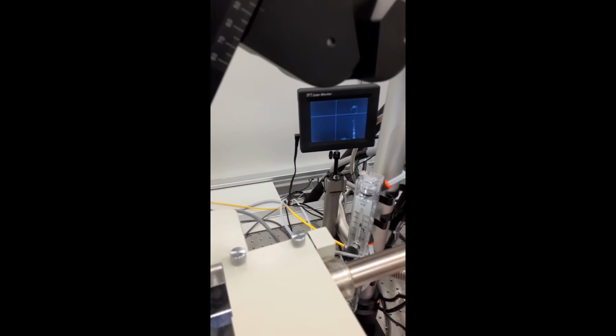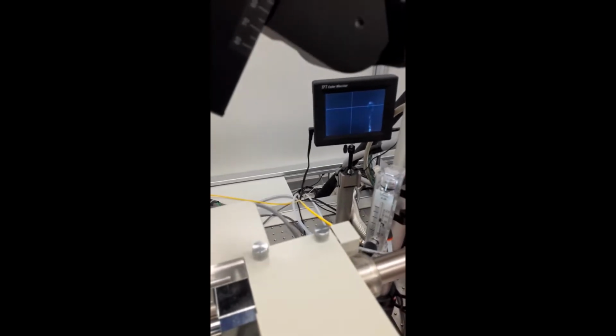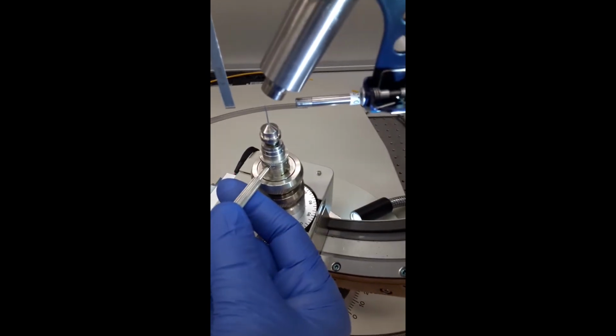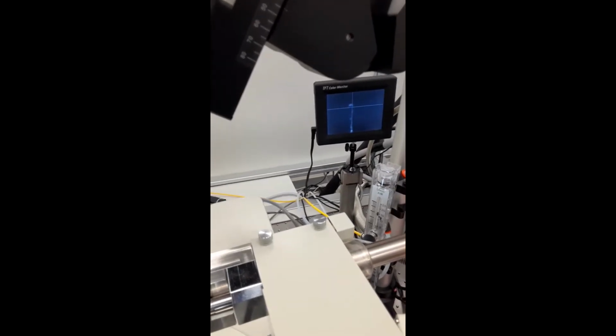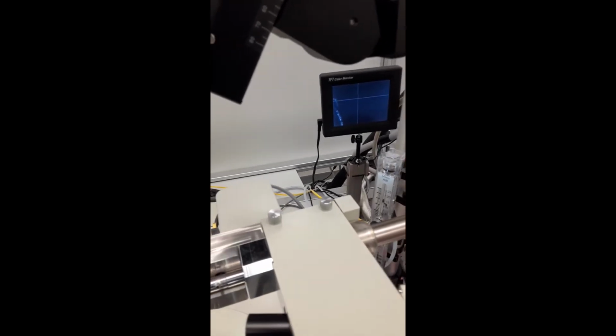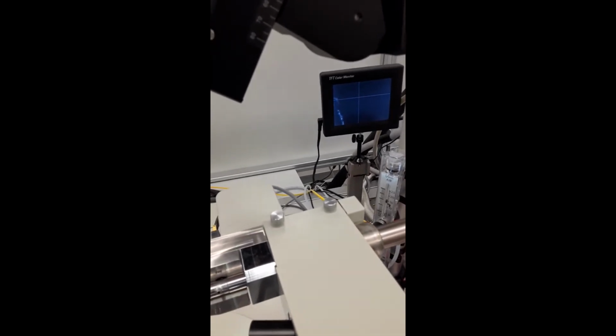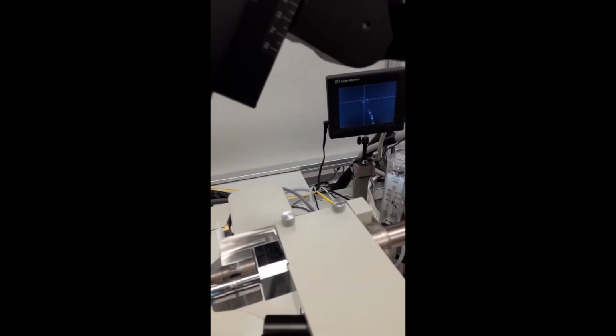So we can adjust the height, and we can also adjust the position with this tool, or where the sample will be in the loop. And you'll notice the loop is empty. We always want to center